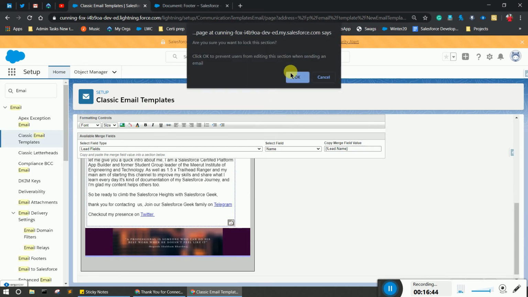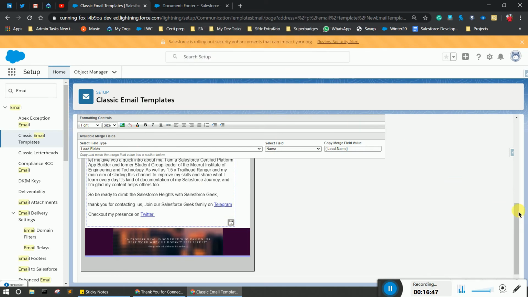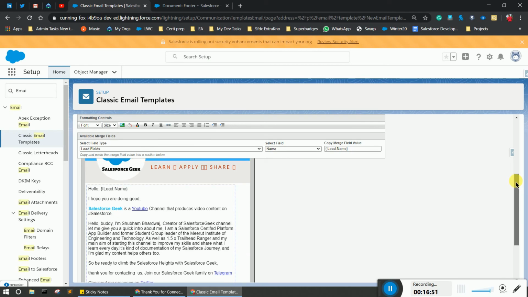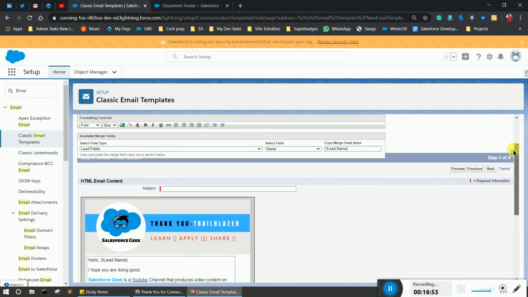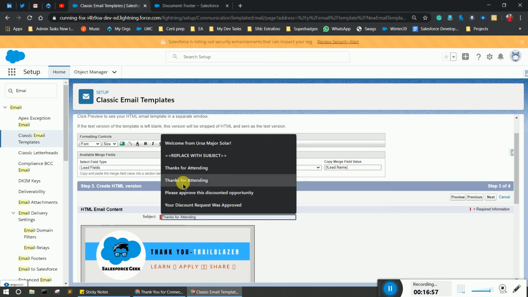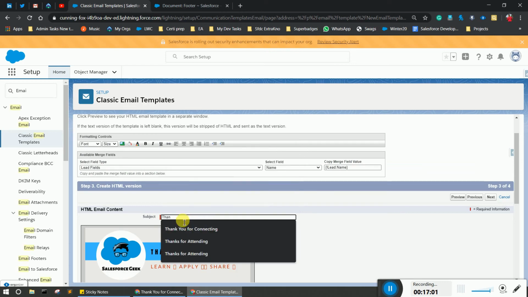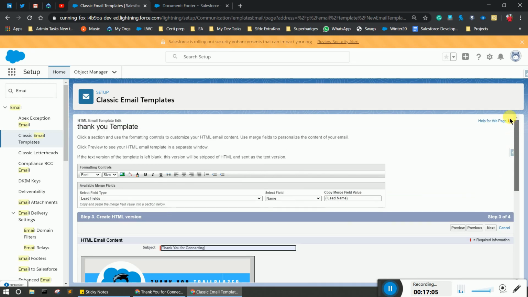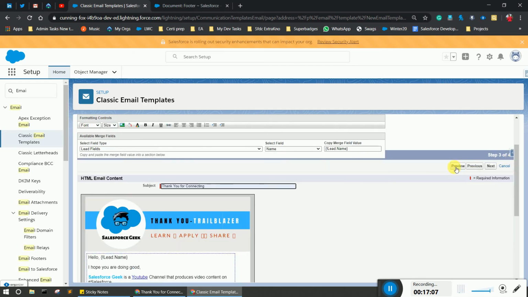If you use this, none of your users will be able to change the content of this email template. Now provide the subject, like thank you for connecting. Now simply preview it.